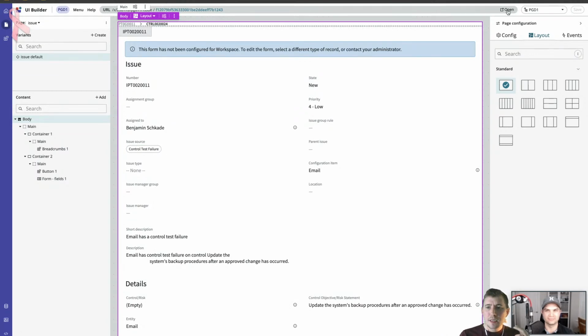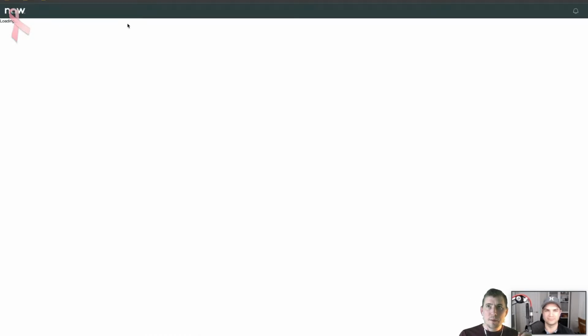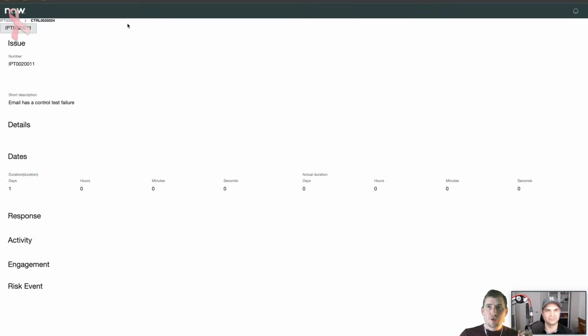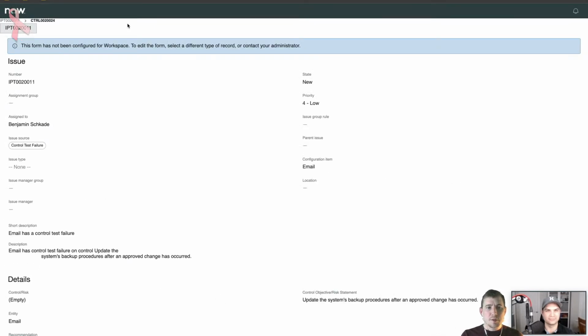Let me open this and see the full experience. I was using the breadcrumb here to trace back the relationships related to this. So right now I'm in an issue. Okay, so that issue there is related to that control. Okay, it's that simple. But how I'm doing it now, when I showed this, I think it was last week on the show with Raf,